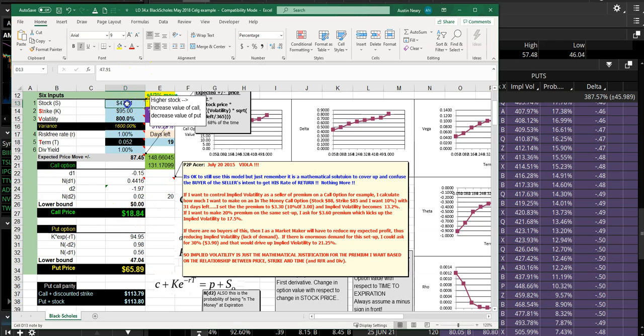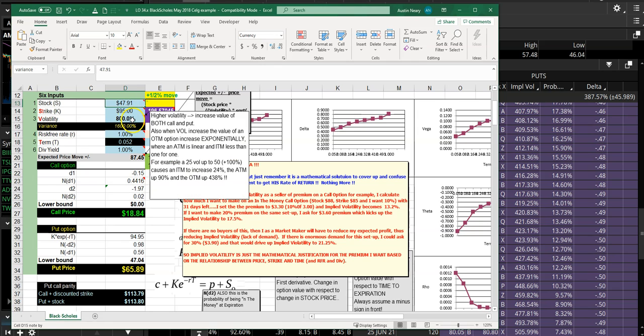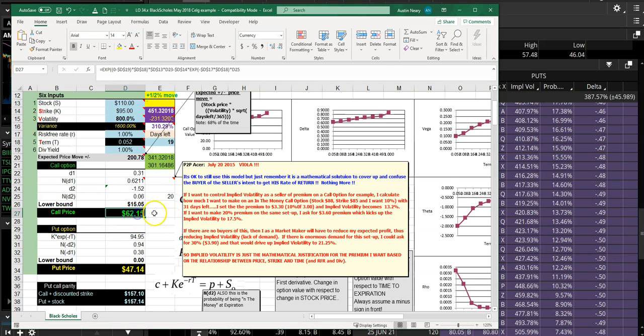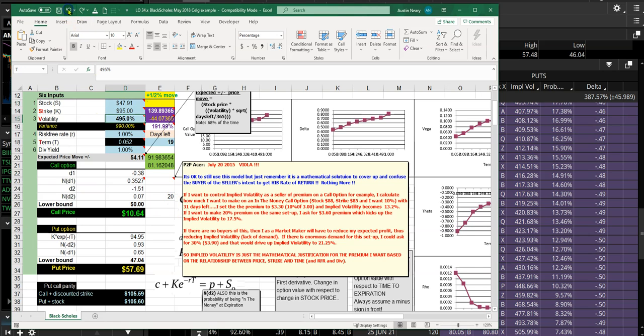And let's do a combination. So implied volatility went up. This thing went up to $110. Now you're up to $62 a share. So your $10 that you paid for it is now worth $62. All right. So we'll go back, and I'm just going to back out of both of those. And so we're back down to 10.64.